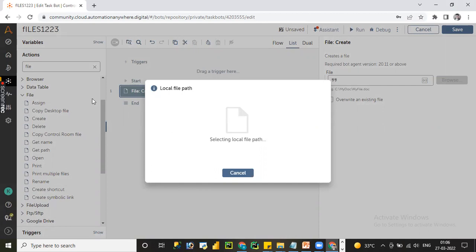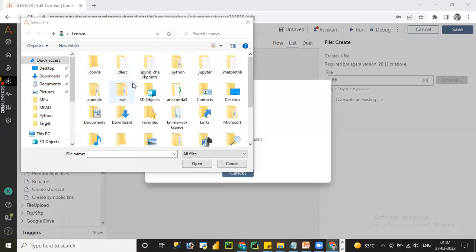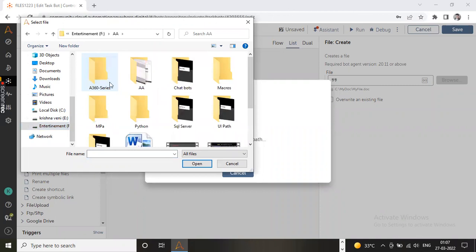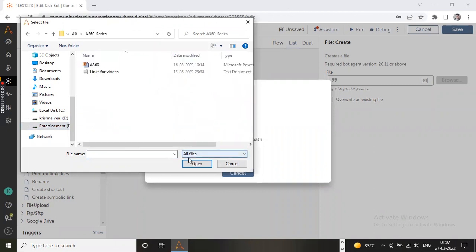Or else we can use the assign command. We can directly assign the particular value to a variable, and in the upcoming processes we can just use that variable name to get the file path. It will auto populate the select file pop-up window, and there you can select the required folder. So I'm going to choose F drive, AA, A360 series, and then I'll select a sample file for the time being,